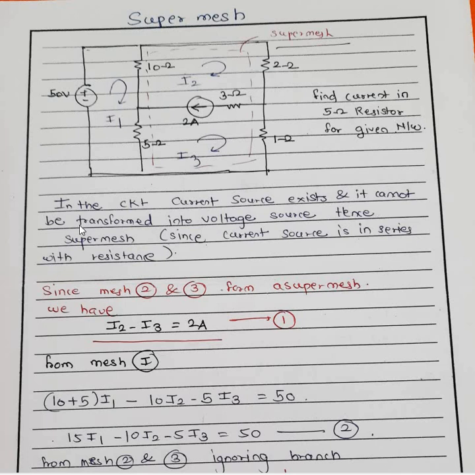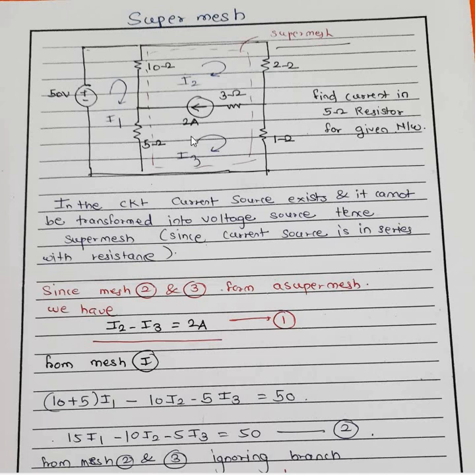So the current source exists and it cannot be transformed into a voltage source because there is a series resistance with the current source, and therefore we have to consider some other approach, and that is nothing but the supermesh. So here mesh 2 and mesh 3 are going to form a supermesh. This dotted loop as a whole is going to form the loop, and in this loop the current flowing will be